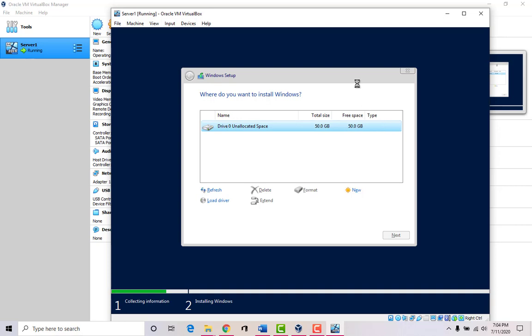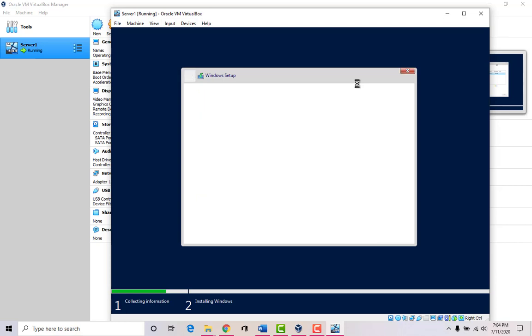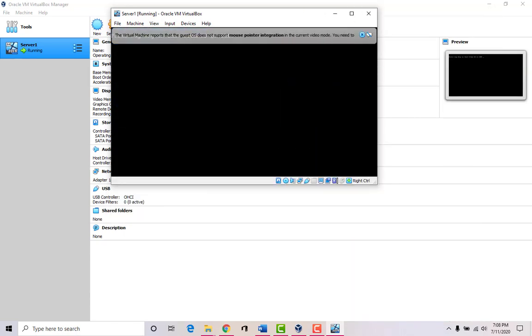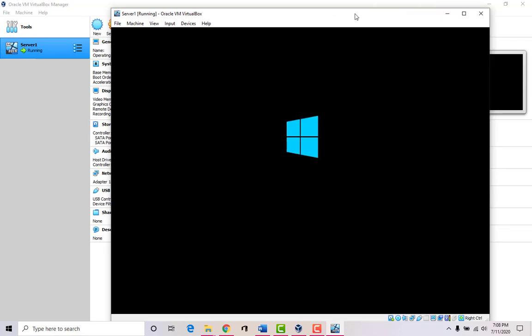And this should be able to proceed. And now we just wait a couple of minutes, and we'll come back for the next prompt. Depending on your computer, the whole installation process takes, like, mine took about 4 or 5 minutes. It might take more or less on yours, and it started up automatically. And so the server is coming up.